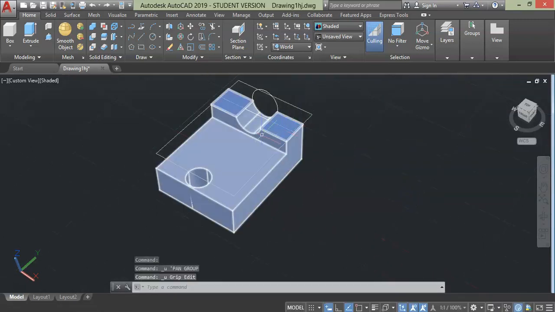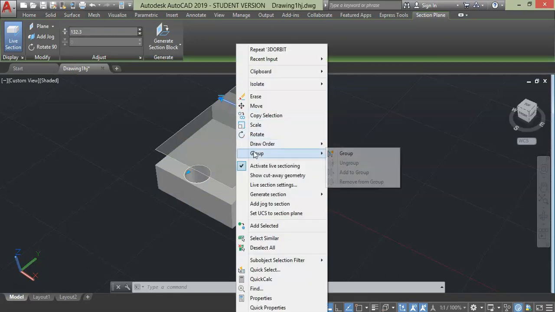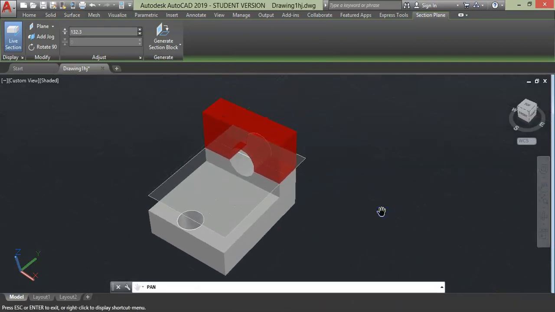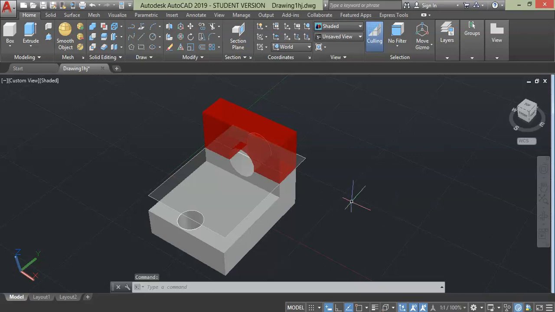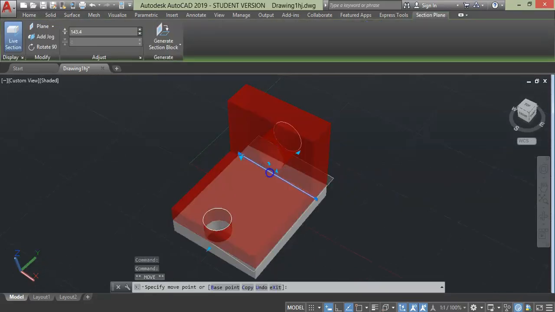Now if you want to visualize the solid with the section geometry as well as the geometry which is present on the screen, then we can turn on both geometries. Right click and select Show Cutaway Geometry. This brings back the parts which were initially removed. Still, if you move further, then the cutaway sections increase with visible red color. So using this you can visualize both more clearly.